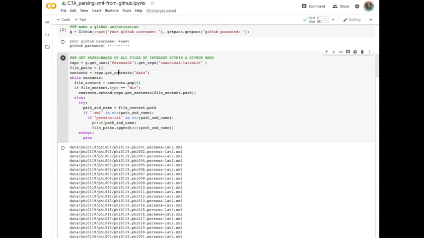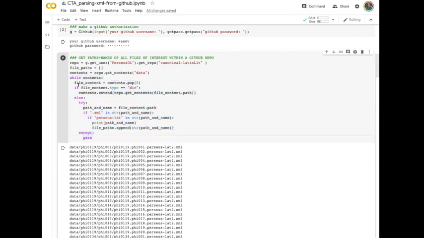The data we are interested in are actually the paths for individual files, all interesting files in the repository. So how to obtain this? Here we navigate through the repo to the folder called data,